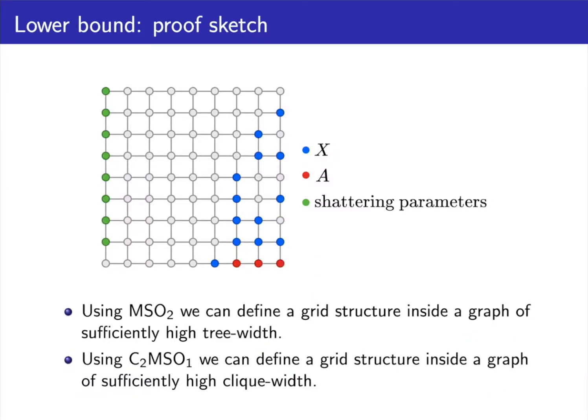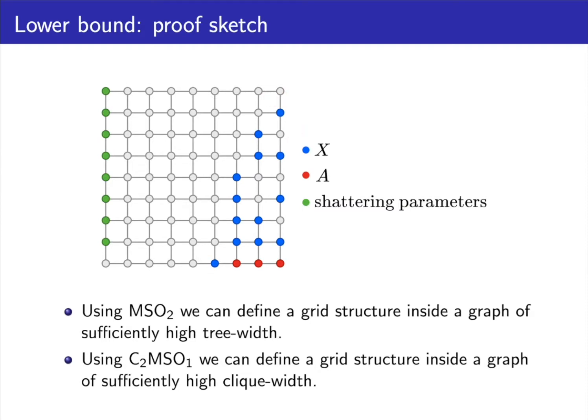So the construction that we actually use for this has already been observed in the related work of Grohe and Turán. This is the VC dimension paper that I've mentioned before. And the idea here is kind of simple. The idea is that on grids, you can easily define sets of very high VC density, VC dimension, right? So what you do is you simulate a binary counter here on the right-hand side of your grid,